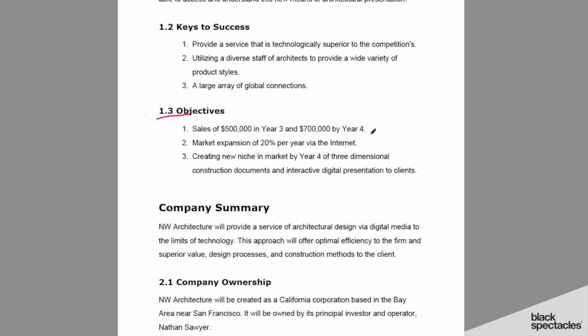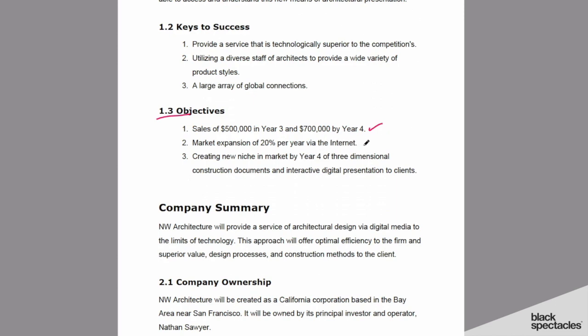So maybe there's an idea about how much financial gain you'll be able to have. And that would be important because in order to fulfill, in this case, this sort of high-tech desire, you're probably going to have a lot of new computers constantly. You're going to have new programs. You're going to be thinking about these things. You need to have new young talent all the time. So in order to be able to do that mission, the objective is really you're going to have a certain amount of income coming in order for that to be really believable.